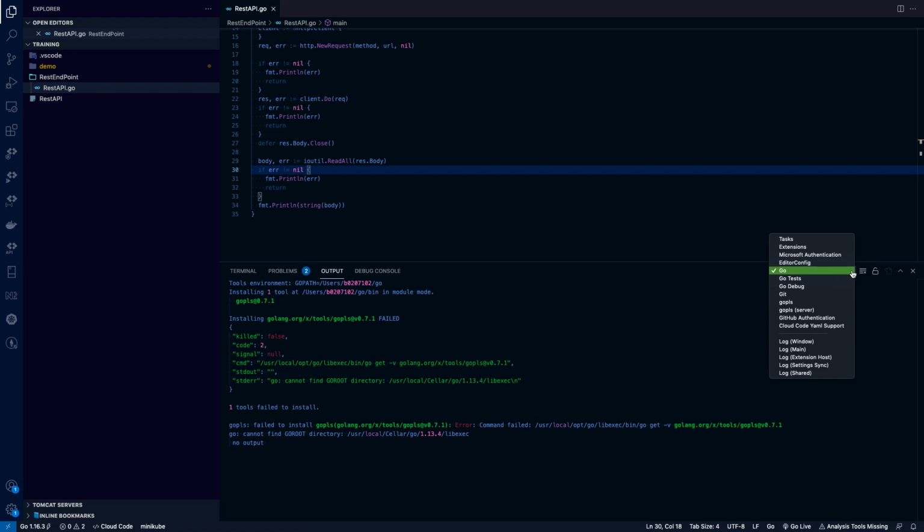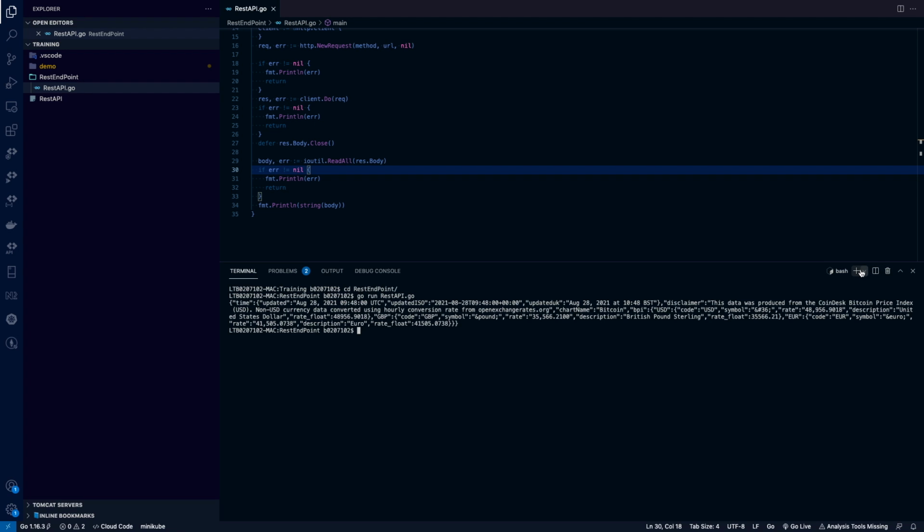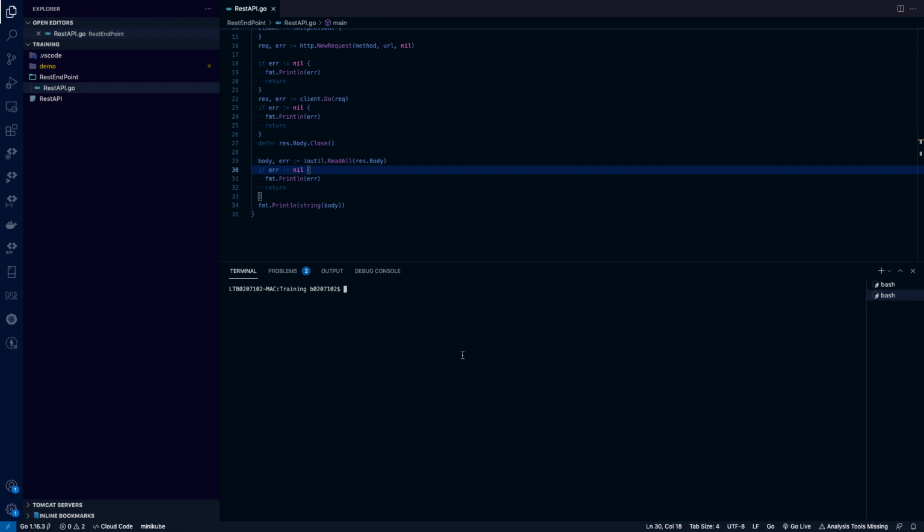Now here what I'm doing is I'm just creating a new terminal. Okay. And now I'm in the training directory, so we need to go inside this REST endpoint. So just a simple command, cd REST endpoint.